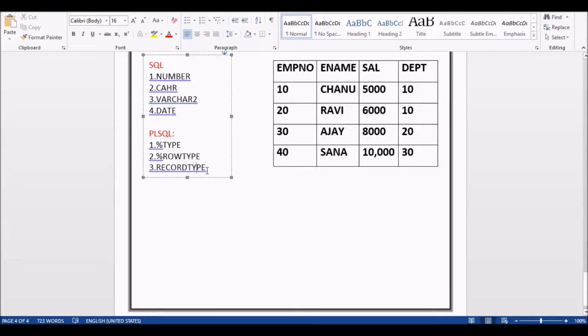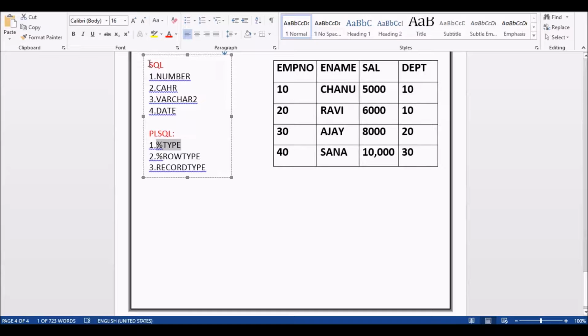This may be the first time you have heard about this, when you are learning about databases for the first time. You are learning about %TYPE, %ROWTYPE, and RECORD type. You may have never heard about these in other coding languages. See, what does %TYPE mean?